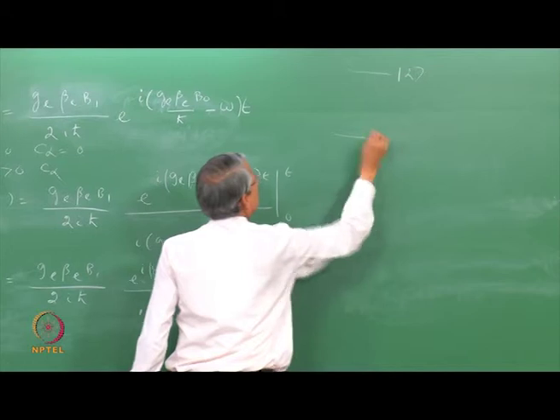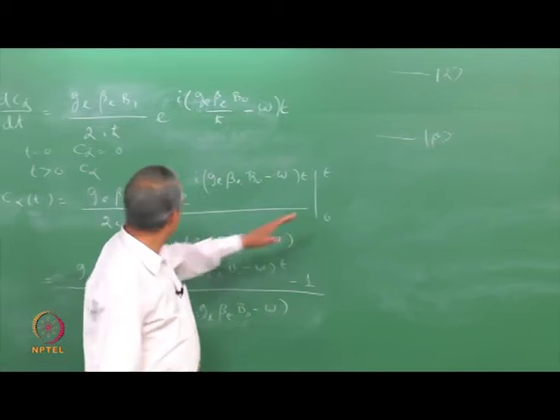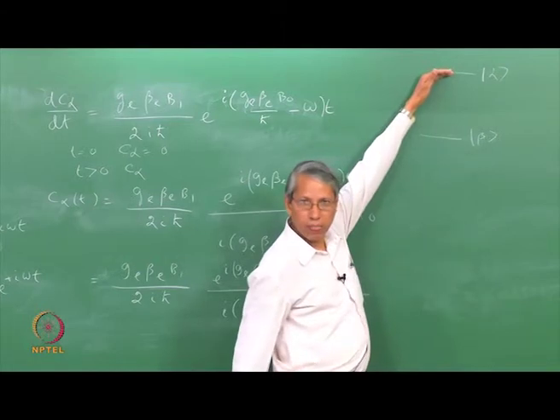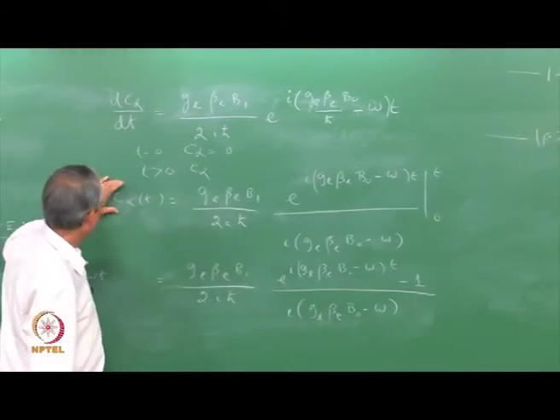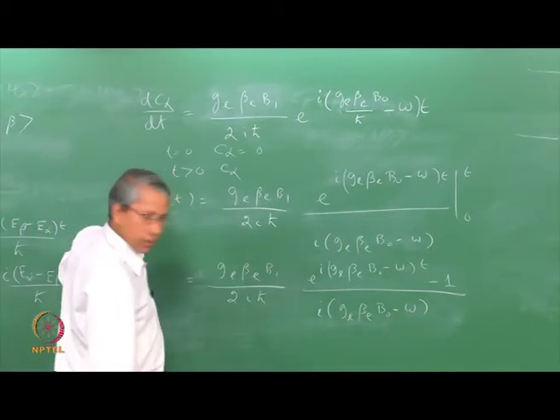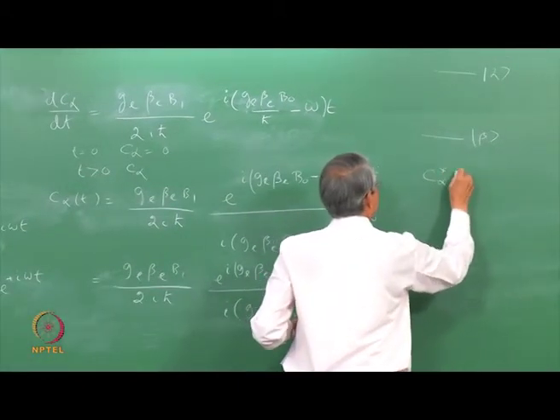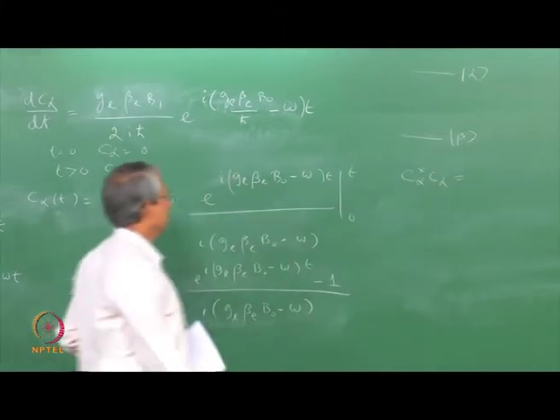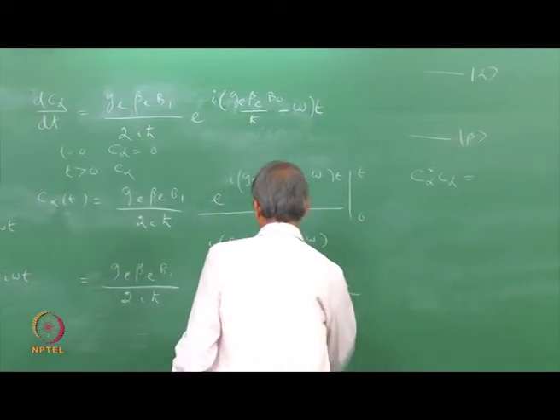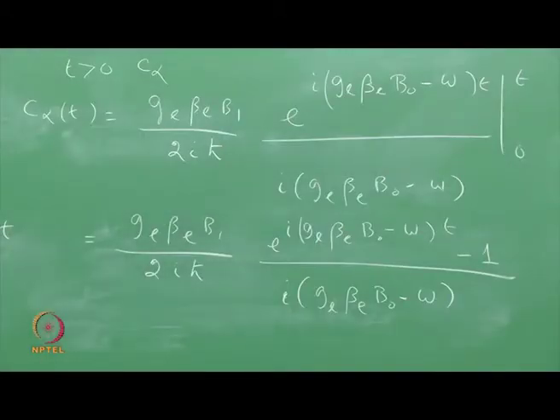So, in this system, we assume that our spin system to start with was in beta, and then this gives the probability that it will be appearing here. But probability is not given by this number alone, it will be a square of this number. Since this is a complex number, we take a modulus of that, which is C star alpha into C alpha. So, this will be written by multiplying this and its complex conjugate and simplifying. Let us see if I have this here.